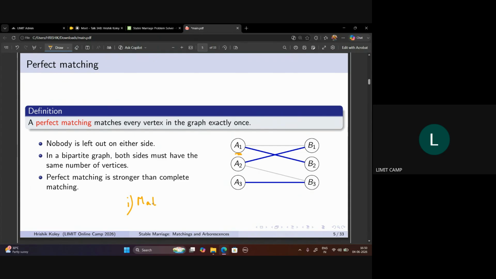That's your matching condition right there. So basically, at most one edge contains each vertex. Now for the perfect matching condition, it needs to be that